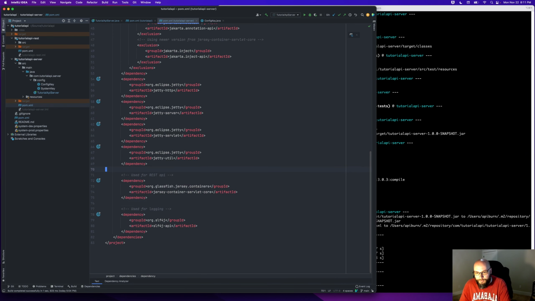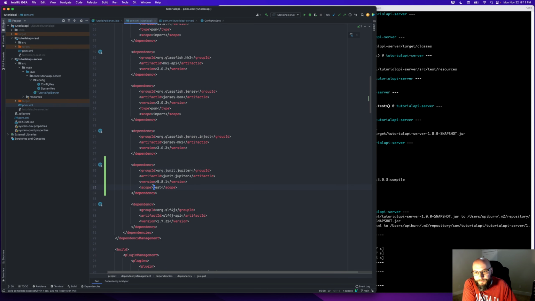Let me actually move it below Glassfish. It's used for unit and integration testing, so I'll just call it testing. We don't need this version. Technically, we don't need the scope either, since we define the scope at the top level.